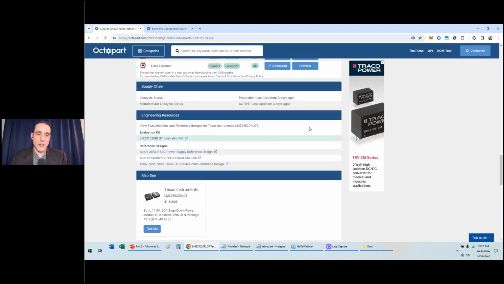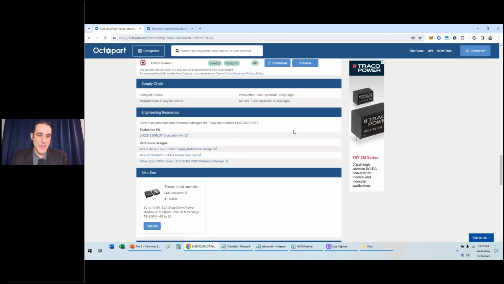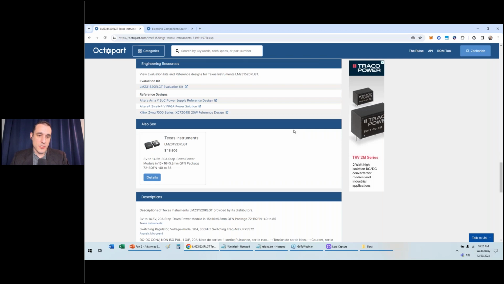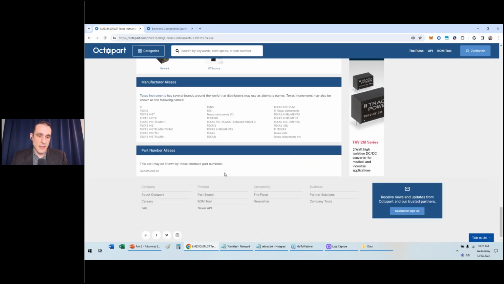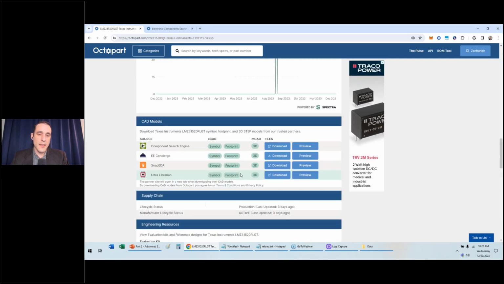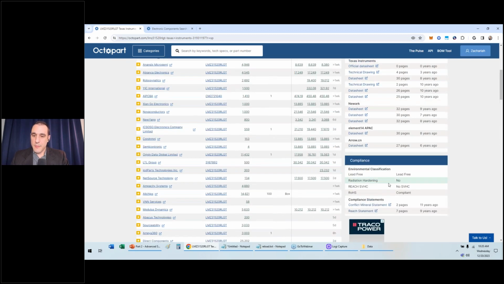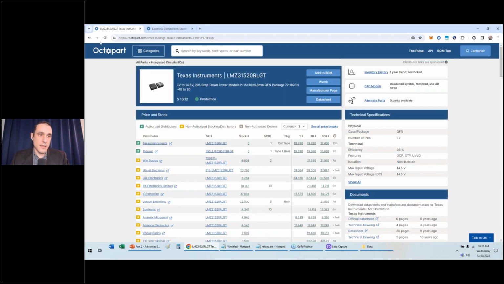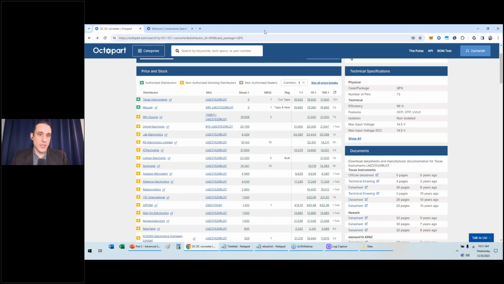Next, going back down here, you can see that we have some supply chain information. We have the life cycle status and manufacturer life cycle status. And then we also see some descriptions here, as well as some additional information. Now, regarding the environmental compliance and supply chain availability, I just want to go back here to the search results,